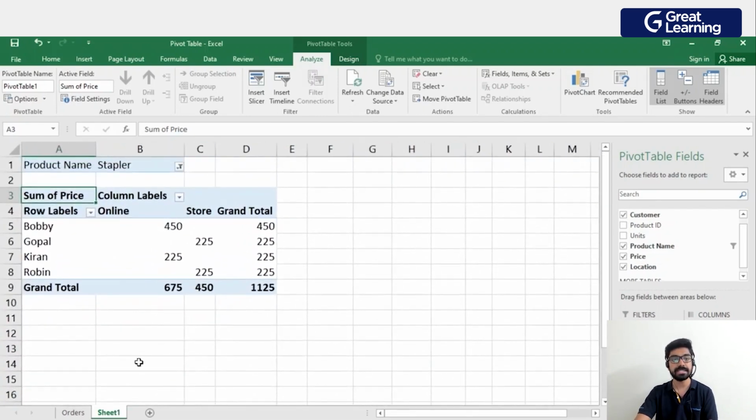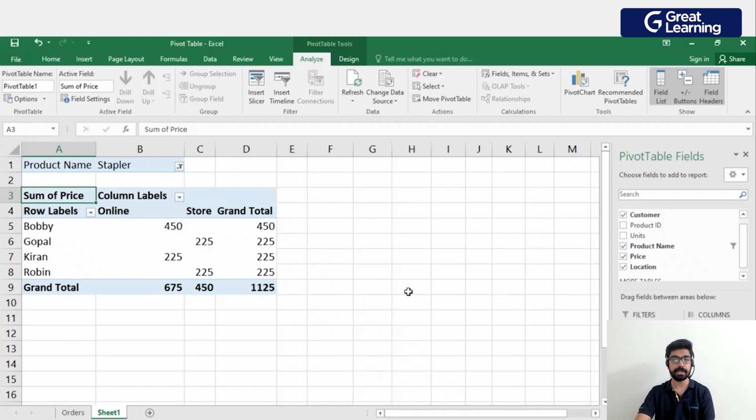See, all those customers who have purchased stapler are being depicted now. All other customers are not. We'll be able to filter out all those things using the filter option, which is made available in pivot table. Now let's go back to the initial condition which showed all the customers and see in how many ways we'll